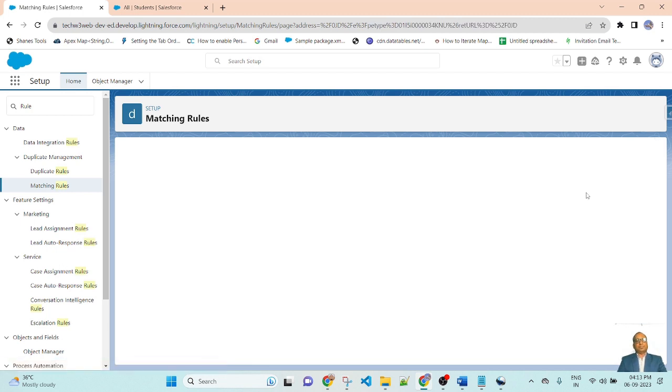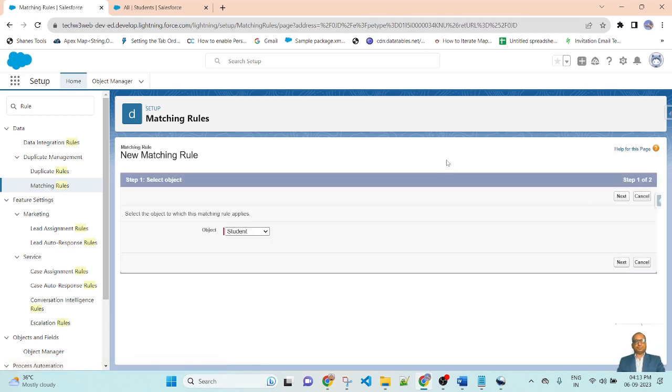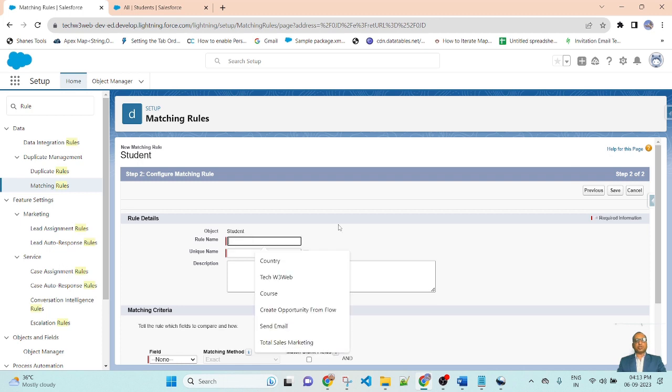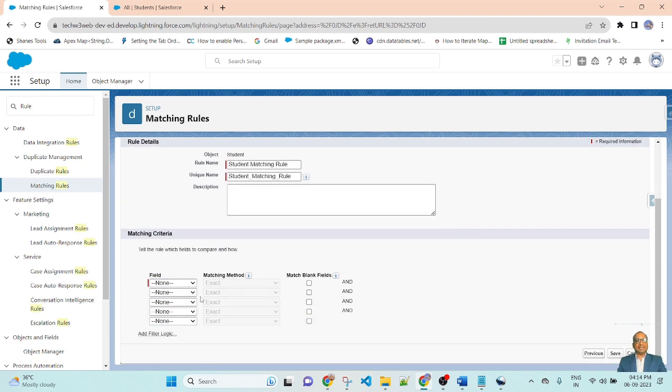The rule name is Student matching rule. This is the name of the rule. The unique name will be automatically populated. And here is the option to write a filter condition.